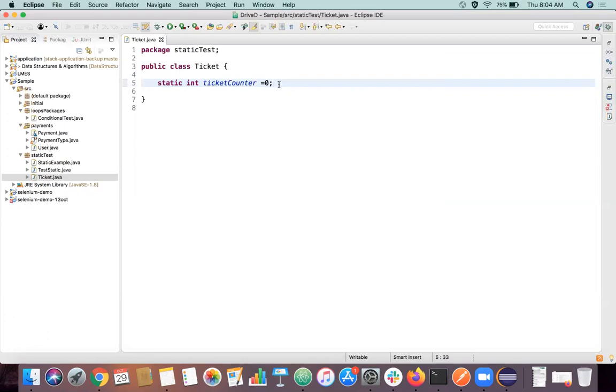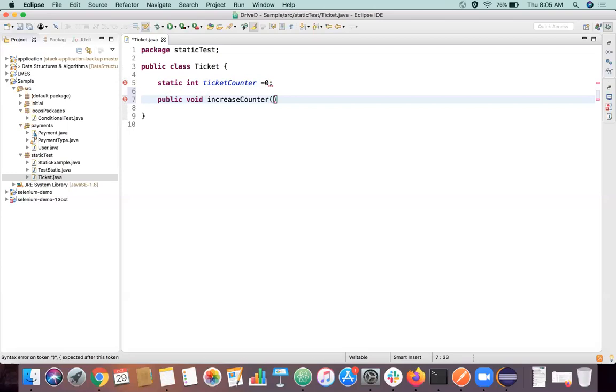I will have only one method here, which is also a static method. Let's say public void, and the method name is increaseCounter.